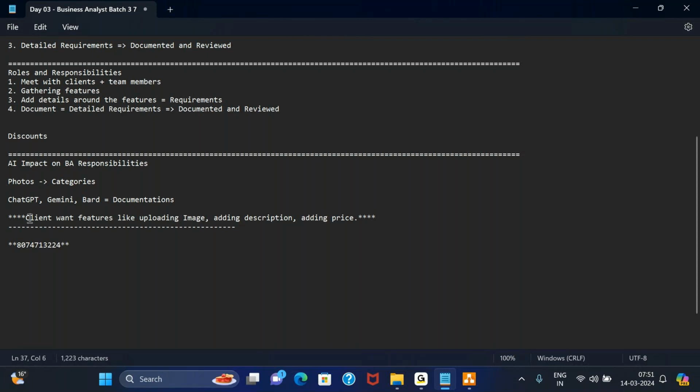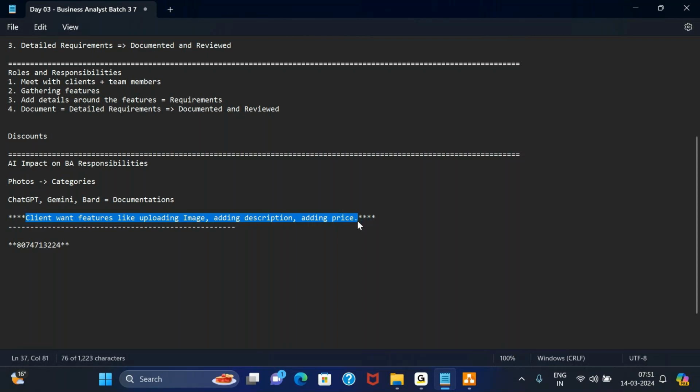Now you can use some other websites or tools as well, but the reason why AI works is that it reads through the keywords and ensures that all the keywords are present in the new statement it proposes. So as a business analyst, suppose I am spending 1 hour every day on documentation, I can make use of ChatGPT.